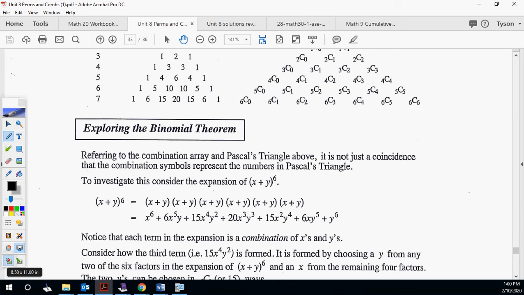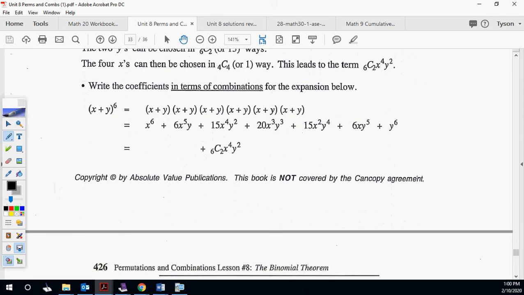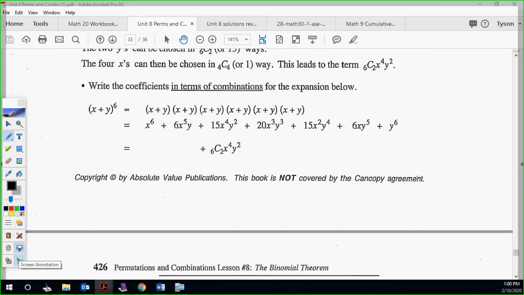All right, so let's do the one down here for 7. Or wait, what are we doing? Oh yeah, we're doing the combination pattern. Excuse me. Now we're going to write it in terms of combinations, using the list up there, which I think is the easiest because it matches the exponent, like I told you earlier. So we're doing exponent 6. That means we start with 6c0 x6, plus 6c1 x5y, 6c2,